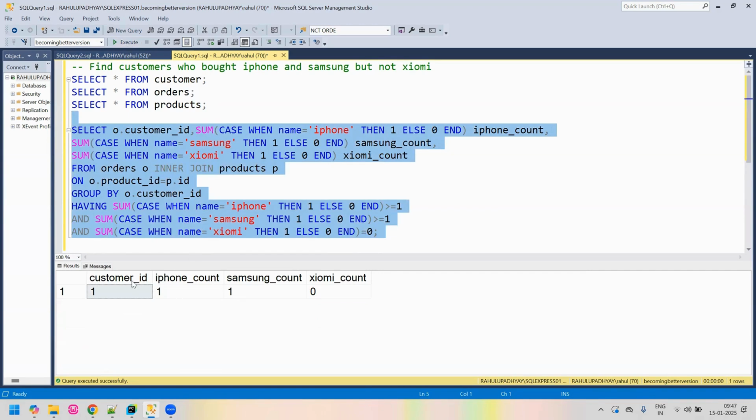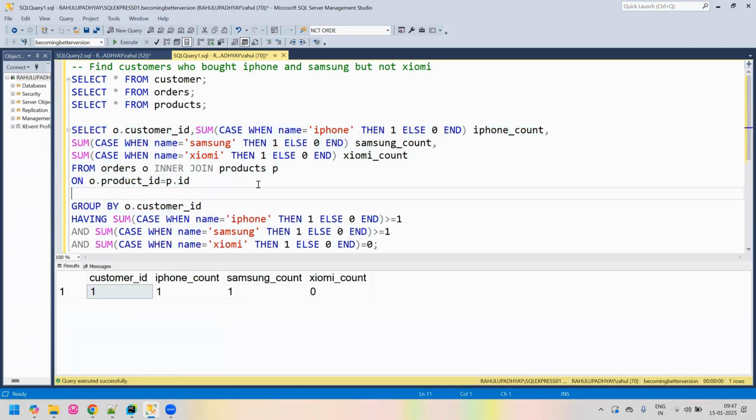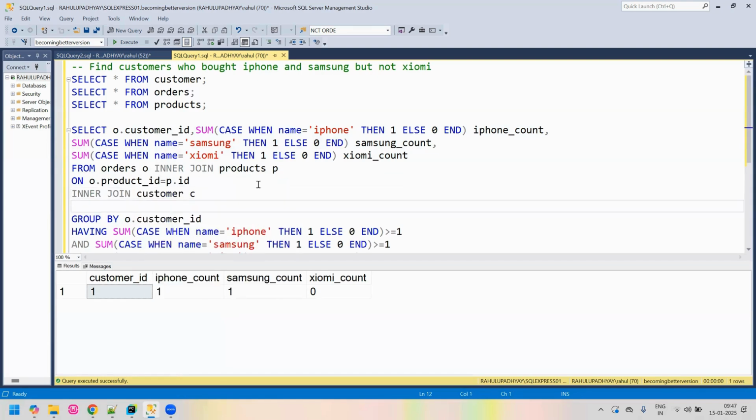So now we have identified the customers who have purchased iPhone and Samsung and not purchased Xiomi. The last part that remains is identifying the customer name. We can do that by joining with the customers table. So what we can do here is an inner join with the customers table. This will join based on the ID of the customer and the customer ID of the orders table. And with that, we will get the customer name as well. So let's add that here